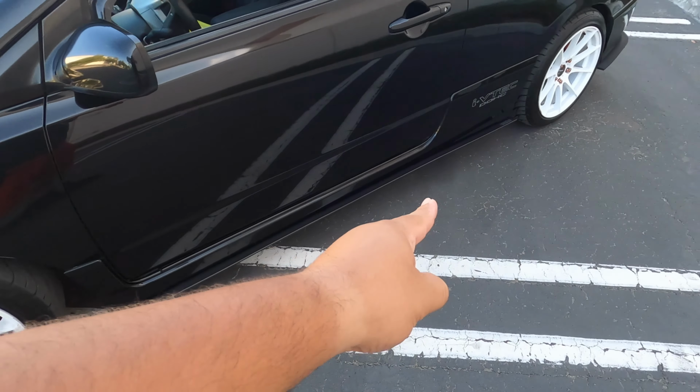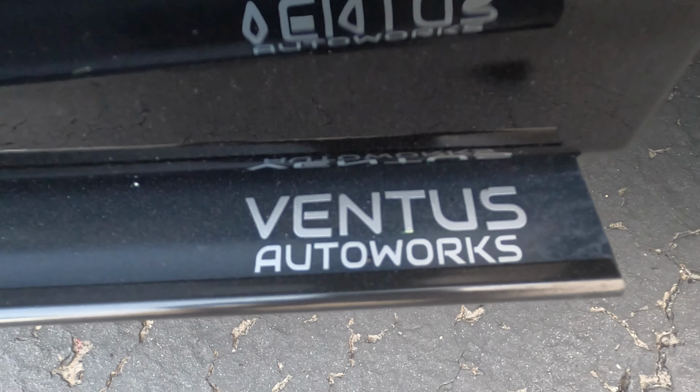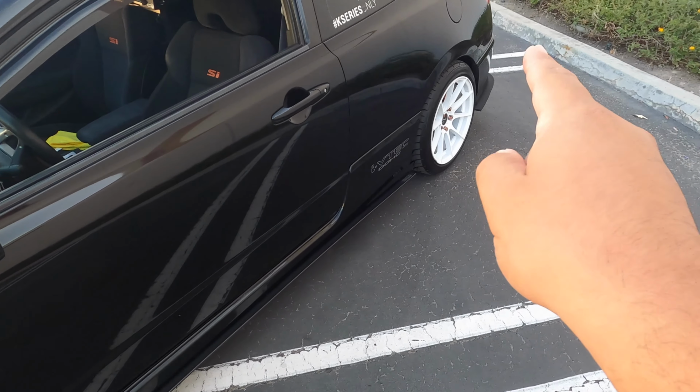Now, the 5th and final favorite cosmetic mod, side extension splitter. With the side extension splitter, I got it off of Ventus AutoWorks. When you go on their website, it says this is for a 2009 Honda Civic coupe. It's the same thing. It worked. It fit. I put screws on the bottom, and a lot of people don't like using screws, but I really don't mind. It's fine. It looks good. And again, it brings out the side,